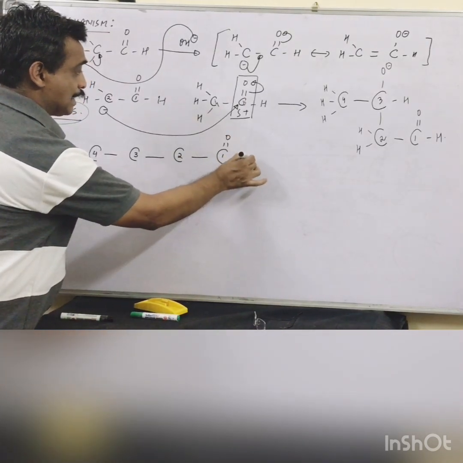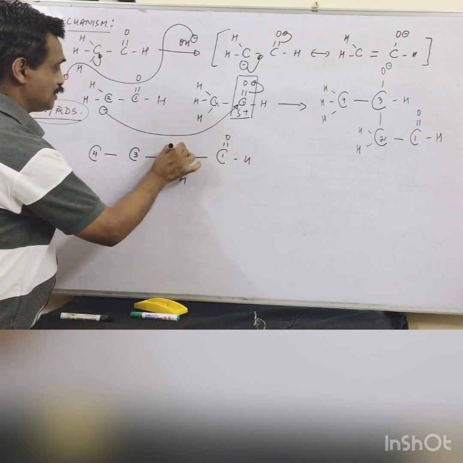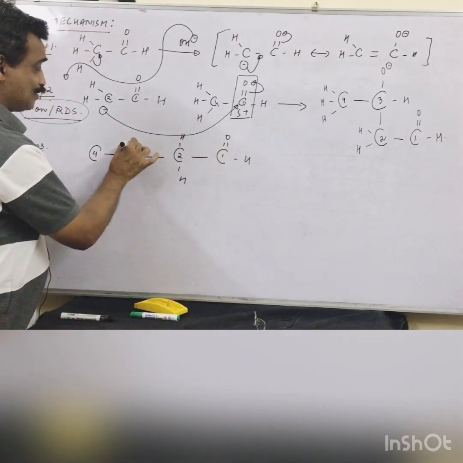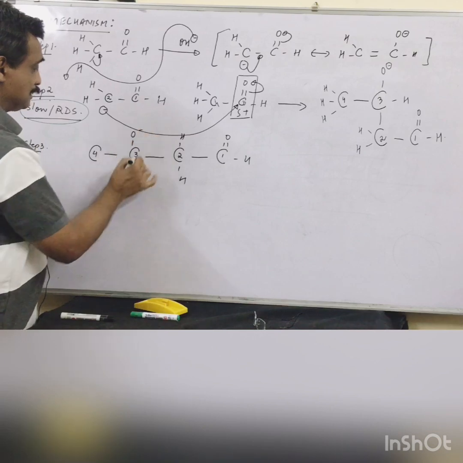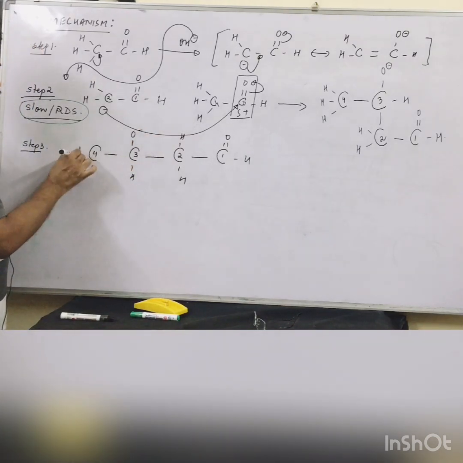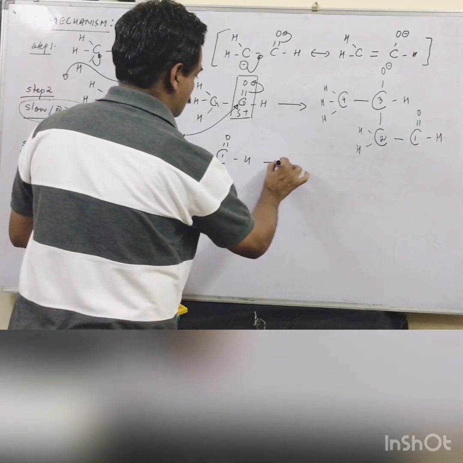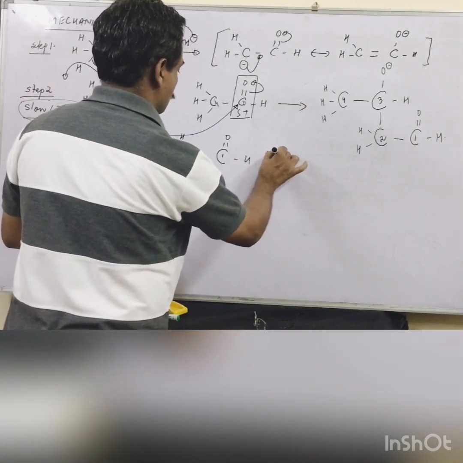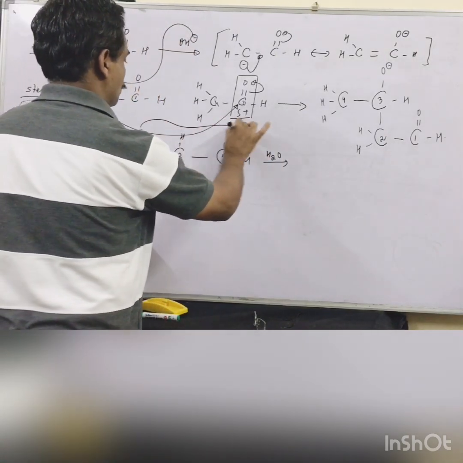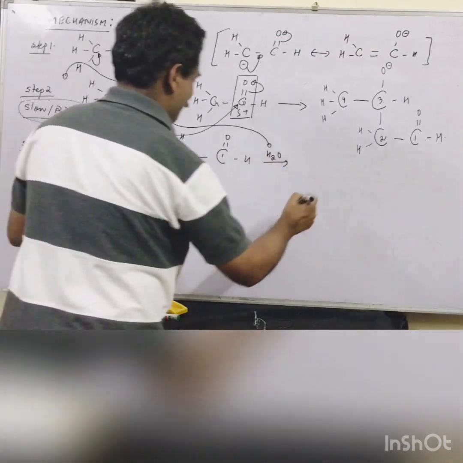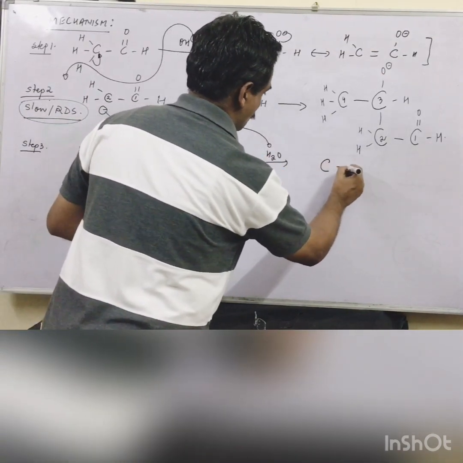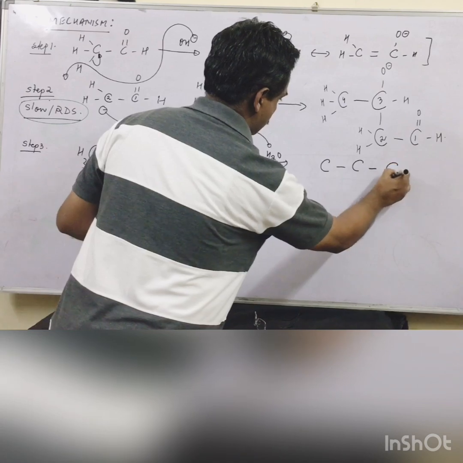CHO here, and then there are 2 hydrogens here, and then there is an O negative here, and then there is a hydrogen, and then there is a CH3. I have made the same molecule here again. This will extract a proton from the solvent. The O negative part will gain a proton from the solvent, thereby giving rise to a species like this,